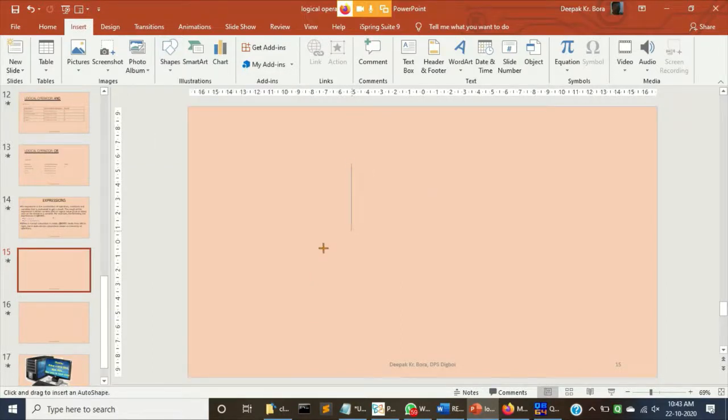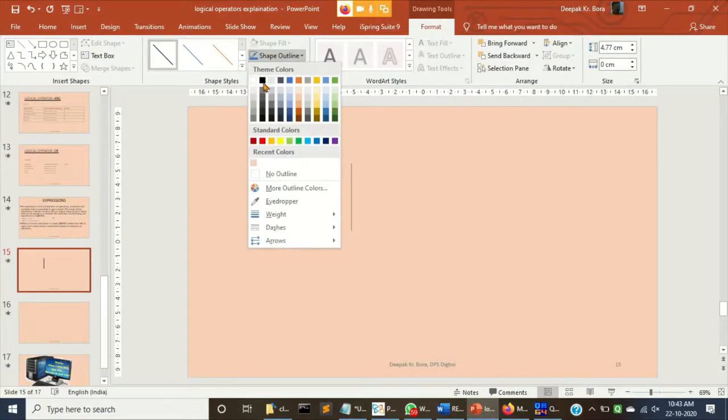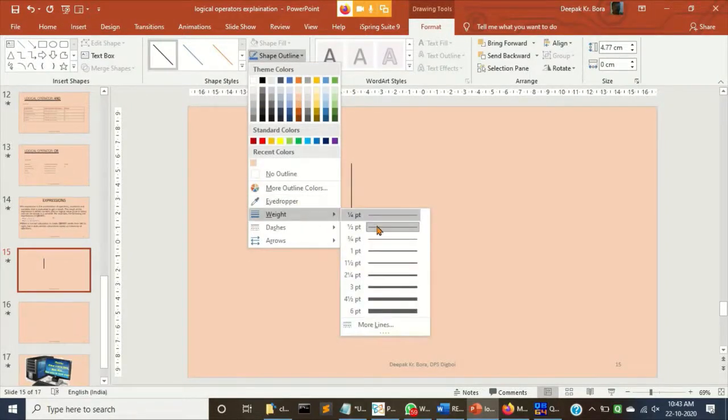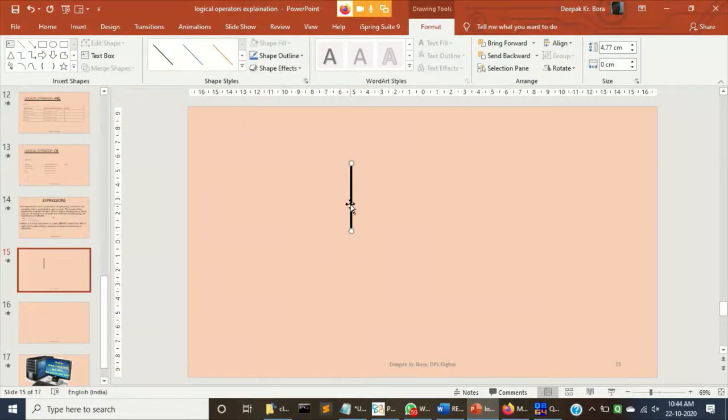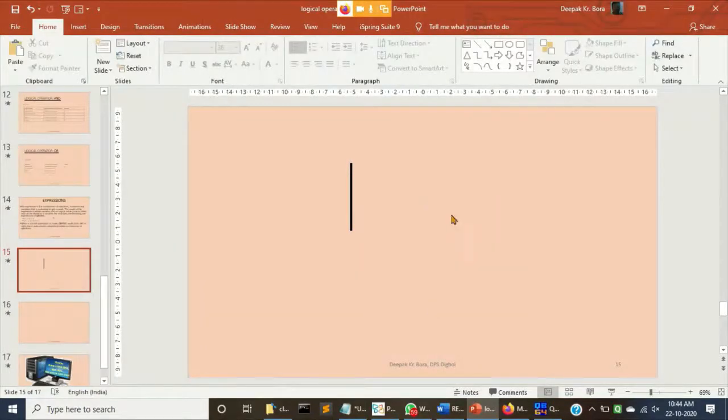Say this is A, student A. Forget about the height. So now let me compare the lines' height. This is A, and let me take another one and another one, all of them on the same platform.